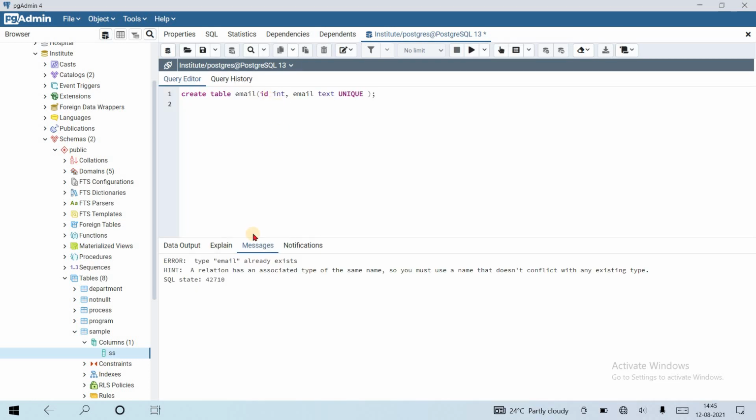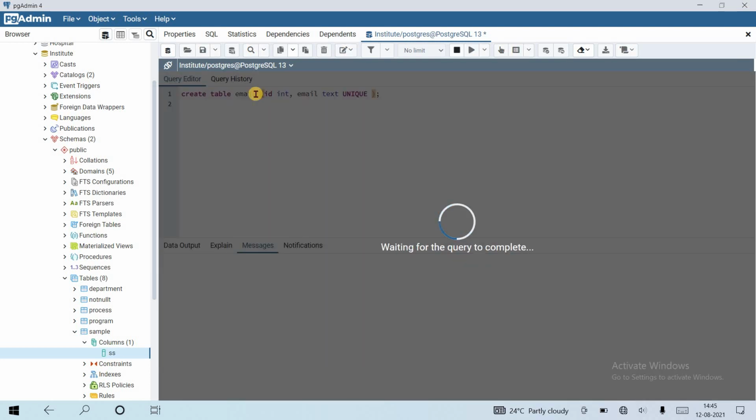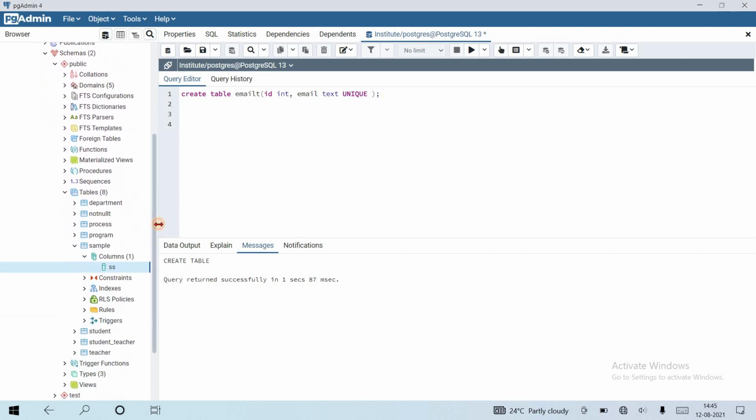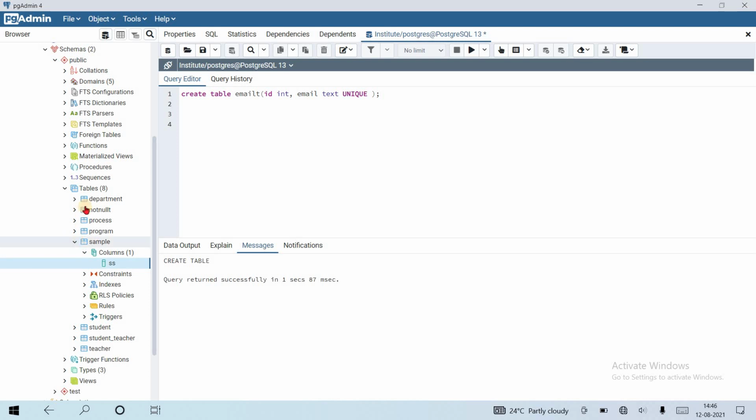Oh, email already exists, so let's name it email_t. Yes, query returned successfully. Okay, in previous tutorial I created a sample table.